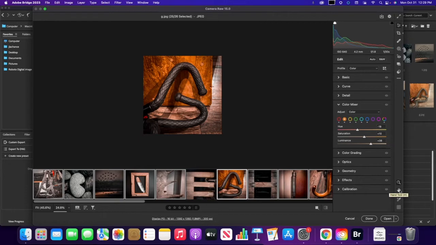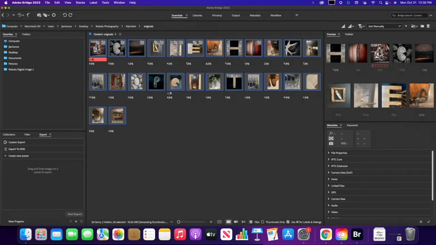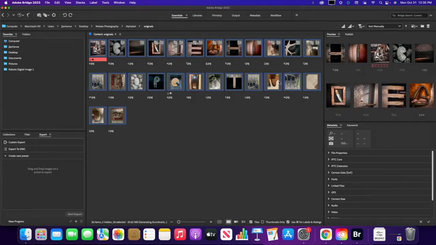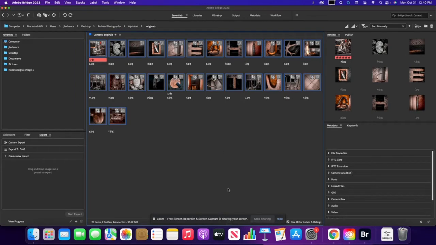I don't need to open them in Photoshop or anything. If I did, maybe this one I do, but I'm going to say done, right? And then it's going to apply all of the crop and the preset changes that I did to the exposure, okay? Then what we're going to need to do is create a contact sheet. So I'm going to select all of these, A through Z, and I'm going to come up here to output,